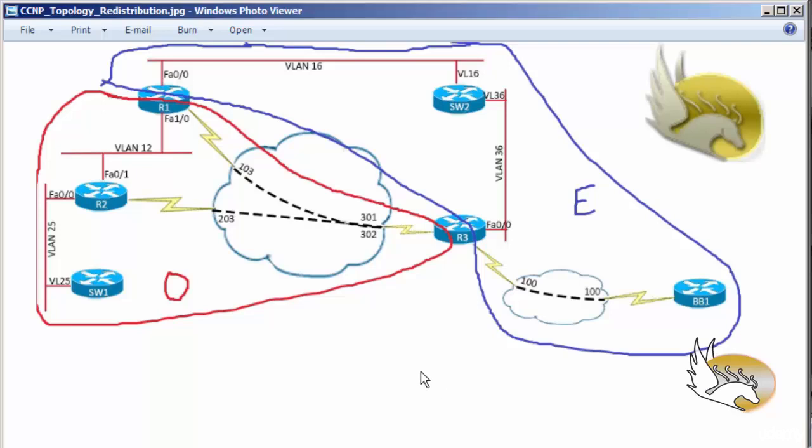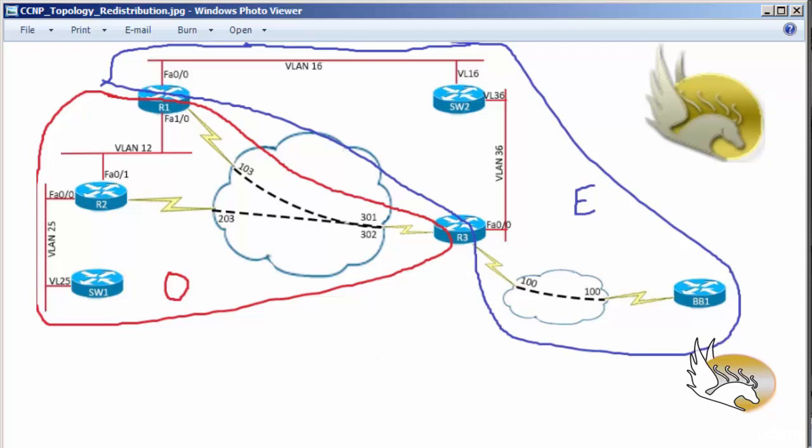Now in this section I want to go a little further and talk about using route maps and distribute lists in redistribution. For this I'm going to disable the redistribution on router 1, and the only point that I want to have redistribution is router 3. And although it may lead me to suboptimal routing, I want to do it just to show you some concepts